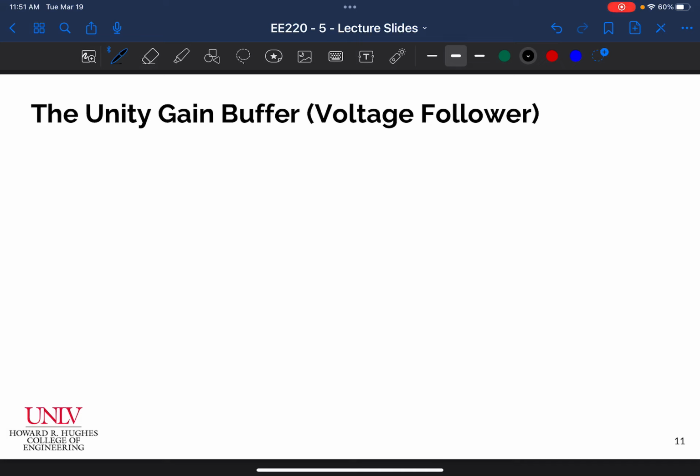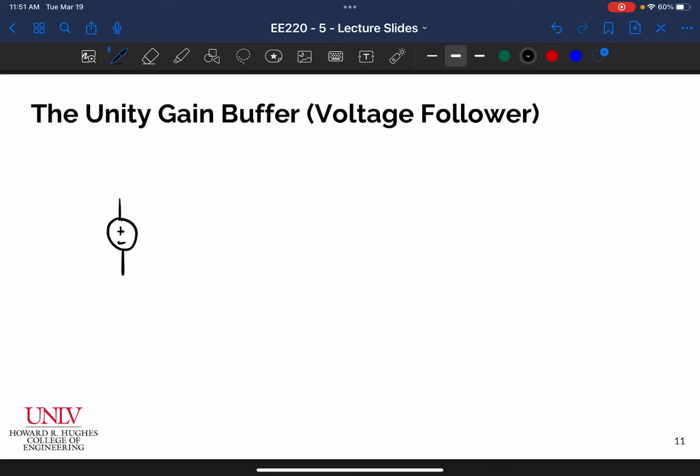Alrighty, so in this video, we're going to talk about a special case of the non-inverting amplifier topology called the unity gain buffer, or the voltage follower. You'll see why it's called that. We already looked at this when we saw the negative feedback video and that circuit where the output was equal to the input. That's why it's called a voltage follower. But I'm going to go ahead and show you where the voltage follower comes from, and then I'll talk about